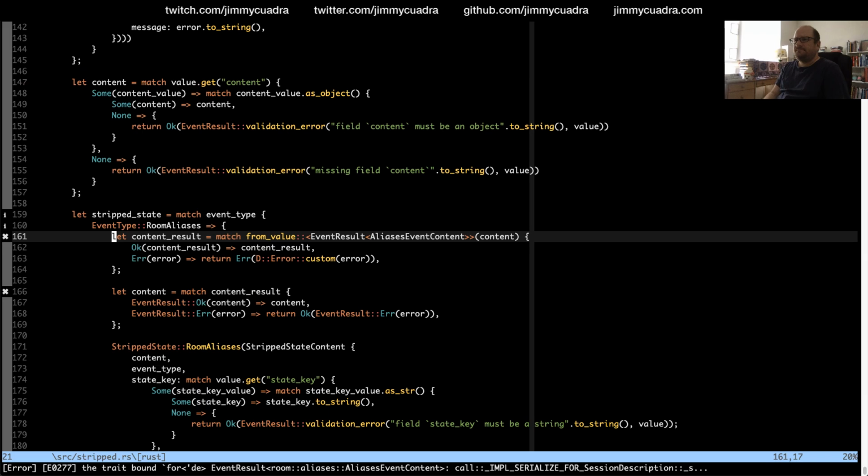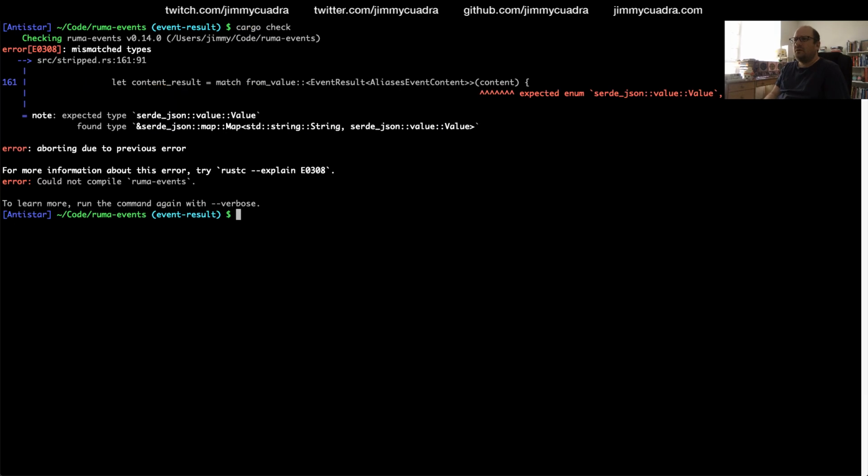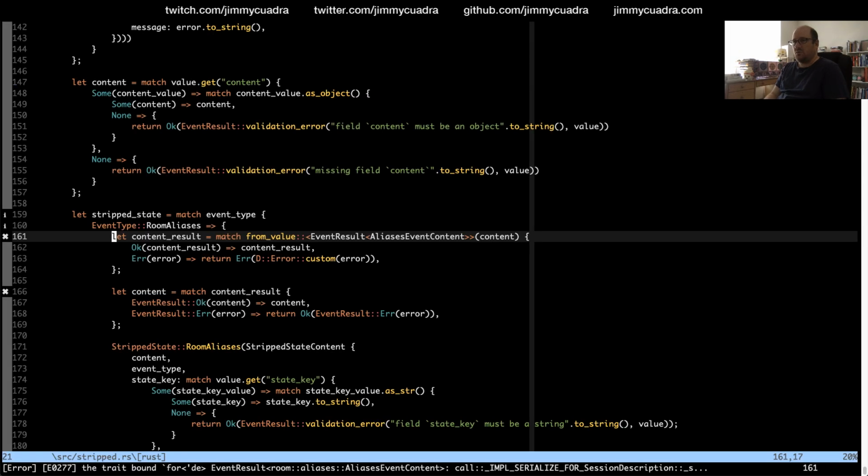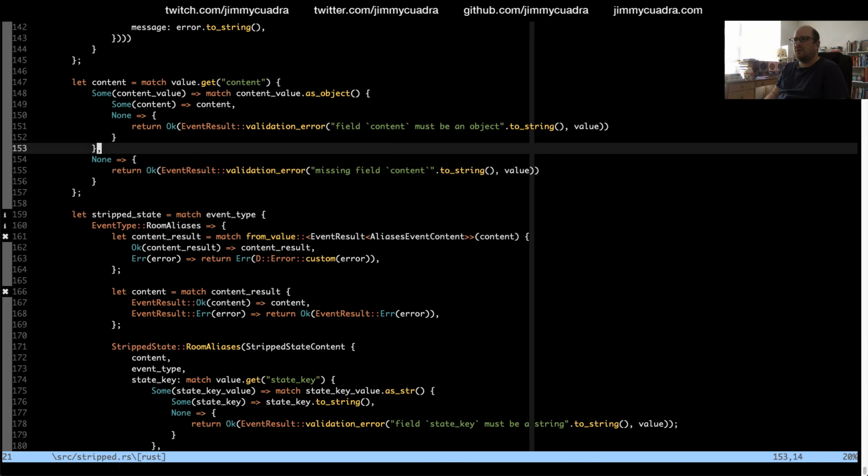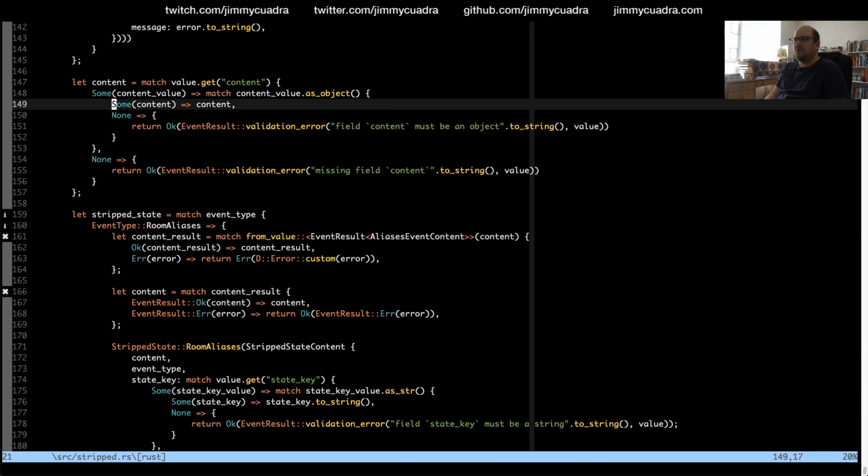161. Mismatched types. Expected AssertedJsonValue, found AssertedJsonMap. Oh, interesting. 161. And that's because I don't think I actually want it as an object here. Not sure why I'm bothering with that.